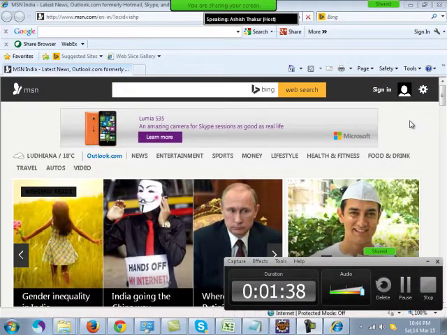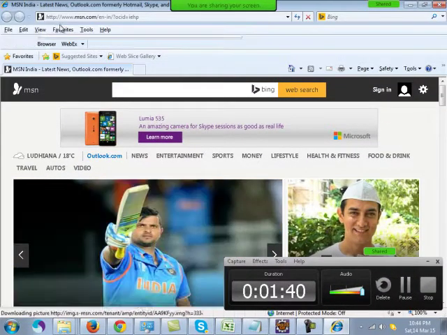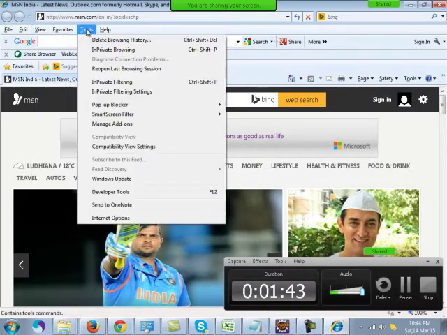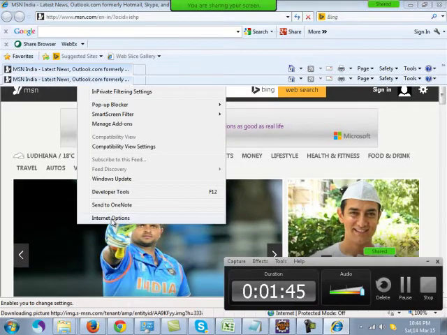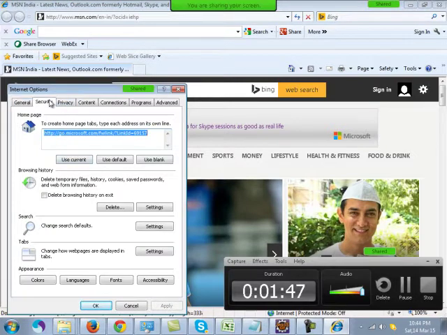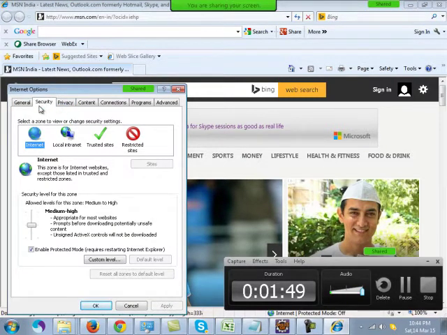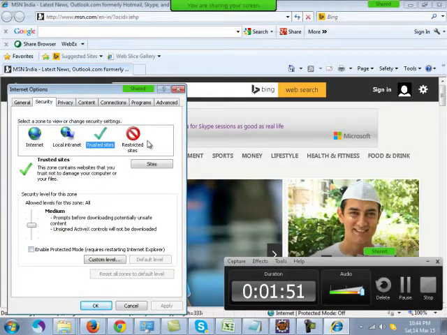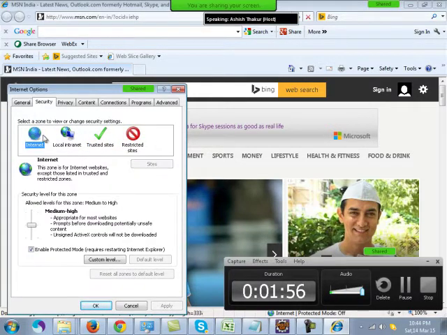Alright, now a second requirement in IE is that you go to tools, internet options, okay, go to security. Alright, there will be 4 sections over here: internet, local internet, trusted and restricted sites.